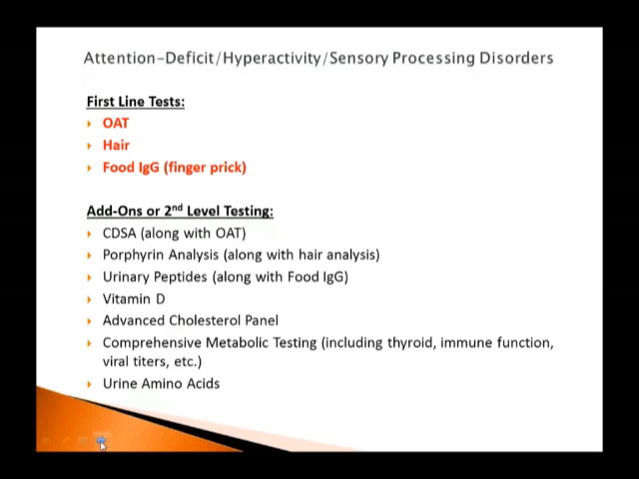Okay? Well, what about mental health disorders? I mean, we could have an entire talk just on depression or just on anxiety. What are some first-line tests that could be incorporated with these people? Well, again, I think in these particular circumstances, just like with kids on the spectrum, OAT, hair, and food IgG should be done on everybody